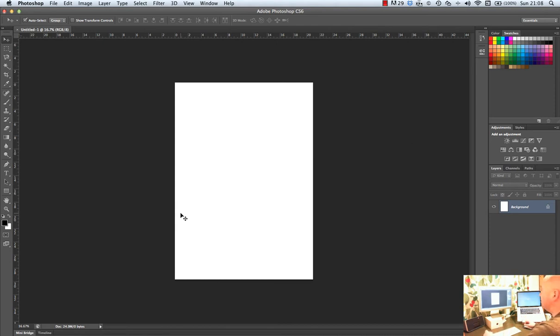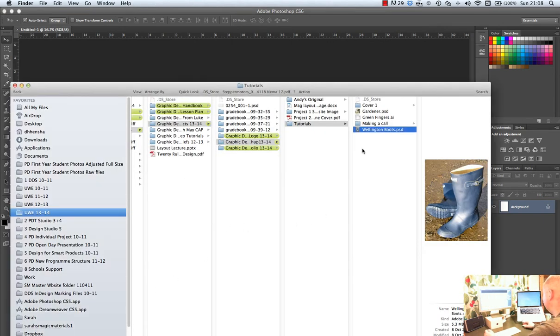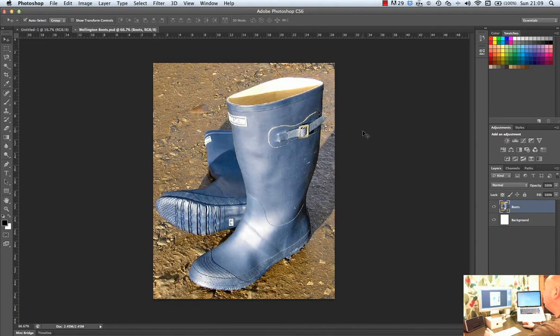So the next thing I want to do is to import an image, or place an image, into this particular file. So if I look at the desktop and open up this image of Wellington boots, this is also a Photoshop document. I know this because it says .psd at the end. So if I double click that. Okay, so